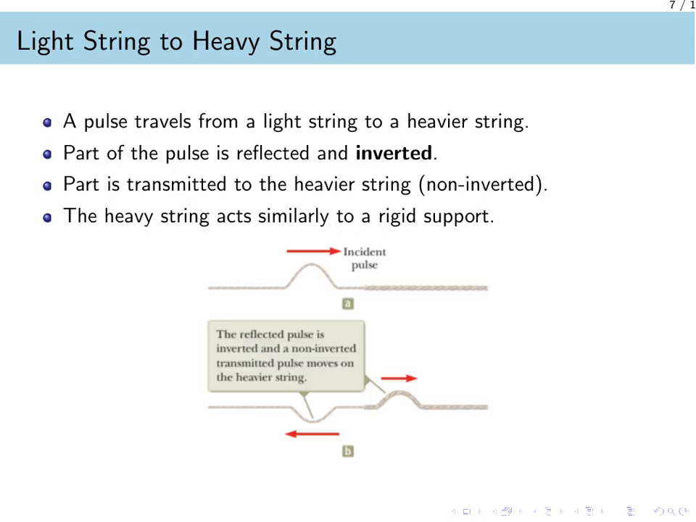Consider a pulse moving from a light string to a heavier, denser string. The junction acts somewhat like a rigid support because the heavier string is more difficult to move. As a result, part of the pulse is reflected and inverted, just like at a fixed end. The remaining energy is transmitted into the heavier string. This transmitted pulse is never inverted. It moves forward with the same orientation as the incident pulse. In the diagram, you can see the reflected pulse returning as a trough, while the transmitted pulse continues as a